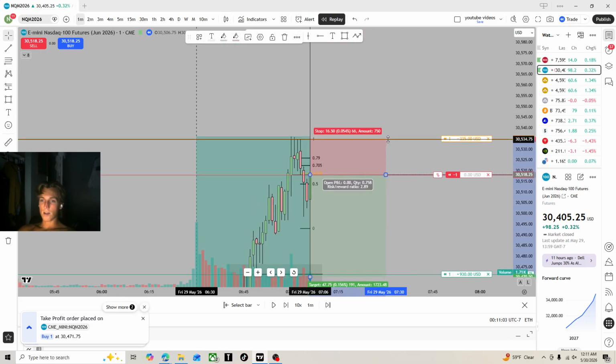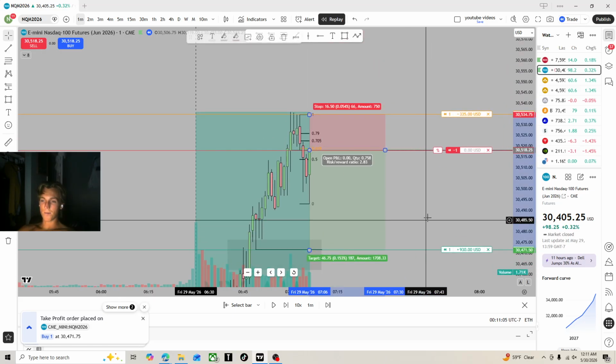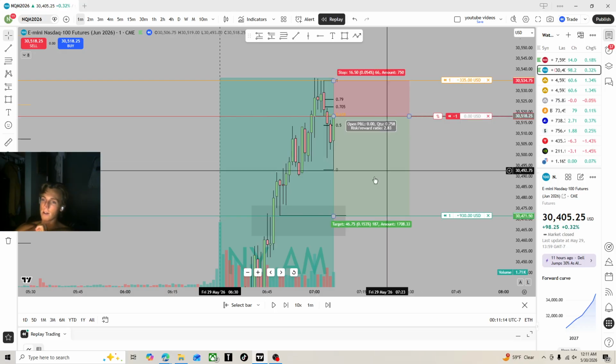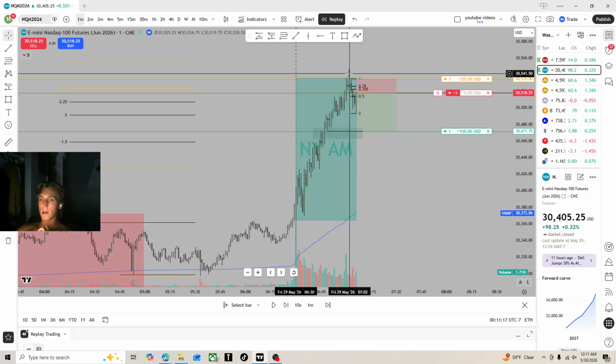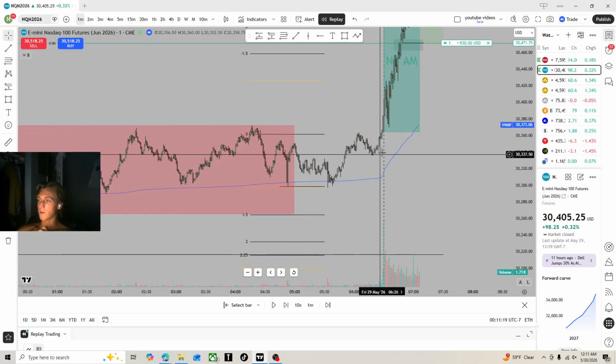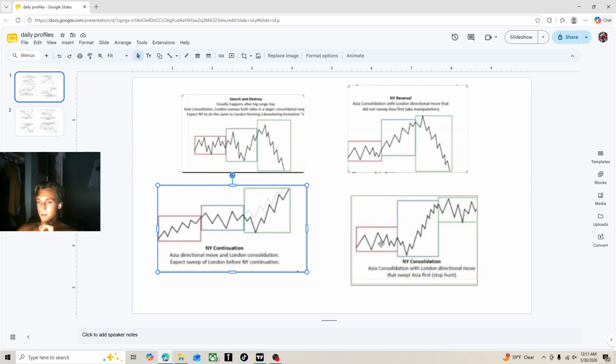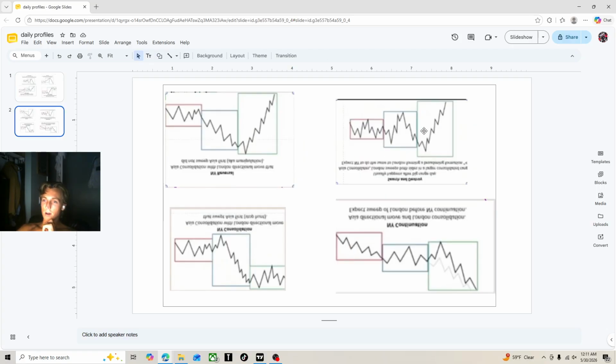And the main idea behind this trade is the fact that we need 9:30 to manipulate. Since 9:30 didn't manipulate lower to trade higher, that entire 9:30 leg from this up to here should all be manipulation to trade down to London lows. If we pull back up the daily session profiles, you can see it would be something like a search and destroy day, where Asia session just kind of accumulates, London session just also accumulates, and then New York session sweeps out the highs and lows of both sessions. So